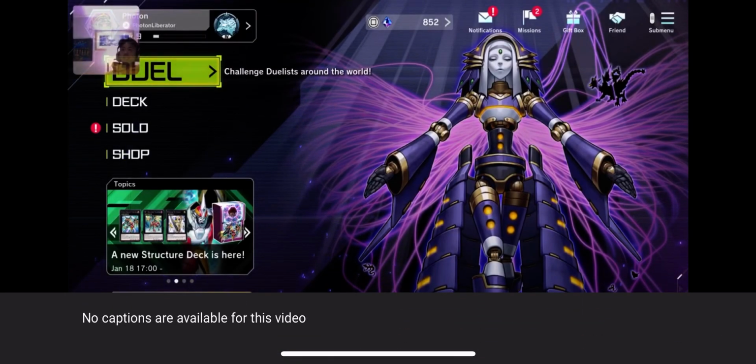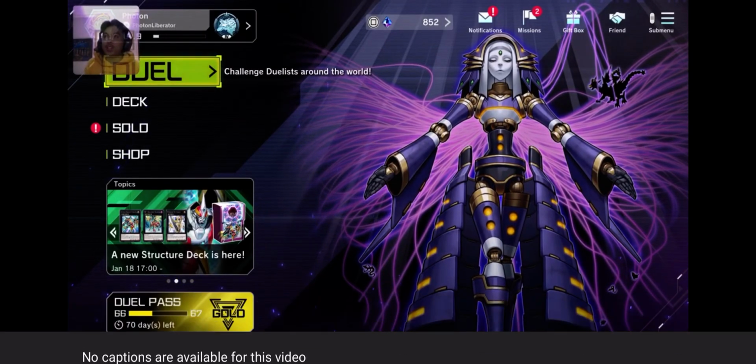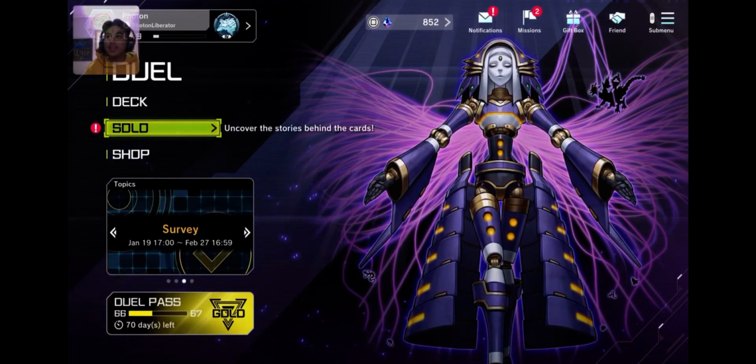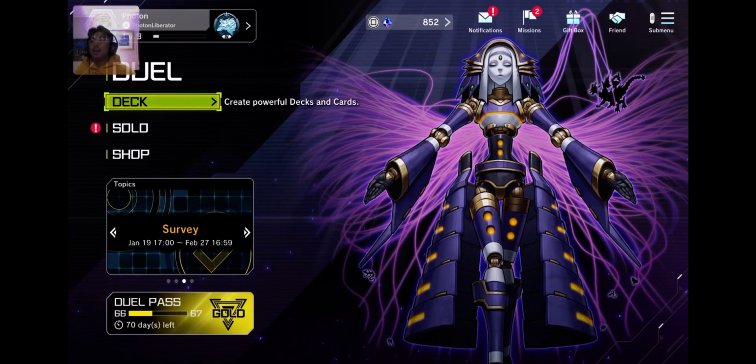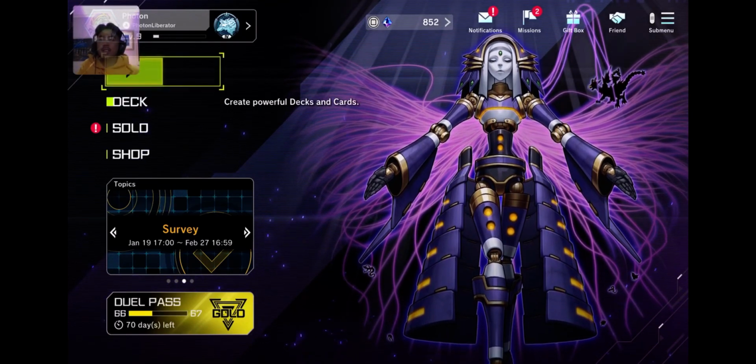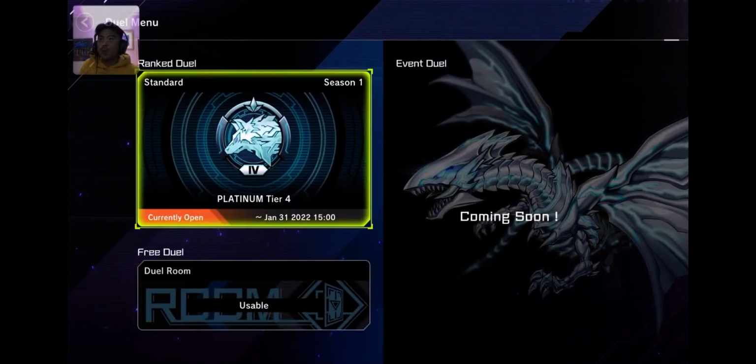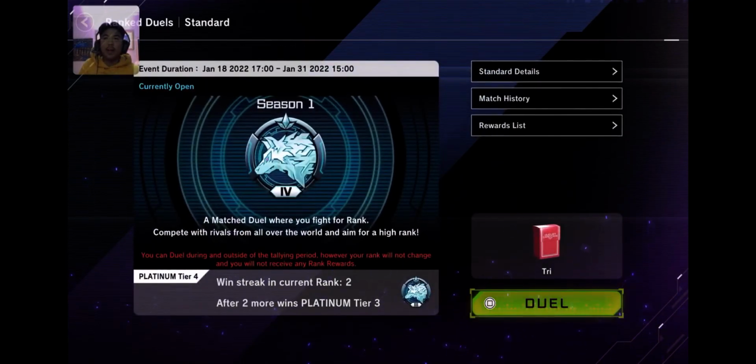Alright, what's up? I'm just gonna be showcasing my Brigade deck profile that I use to grind to platinum with. So we'll just head over to the duel. I'm plat 4 now. And if you look at my match history here, with this deck,